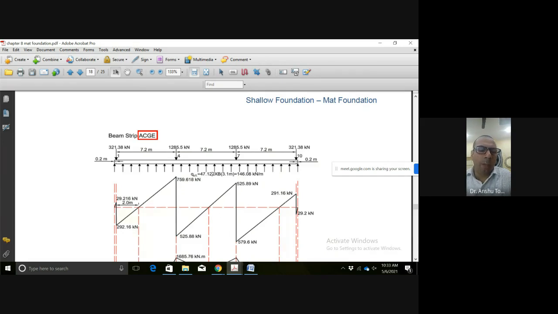Stress is equal to load upon area. So if we have to convert this stress into UDL, what will we do? Students, please answer. If we want to convert this stress into UDL, what are we supposed to do? Because we don't need stress, we need load. UDL which is acting from bottom to top as a soil reaction for the stability of the raft.